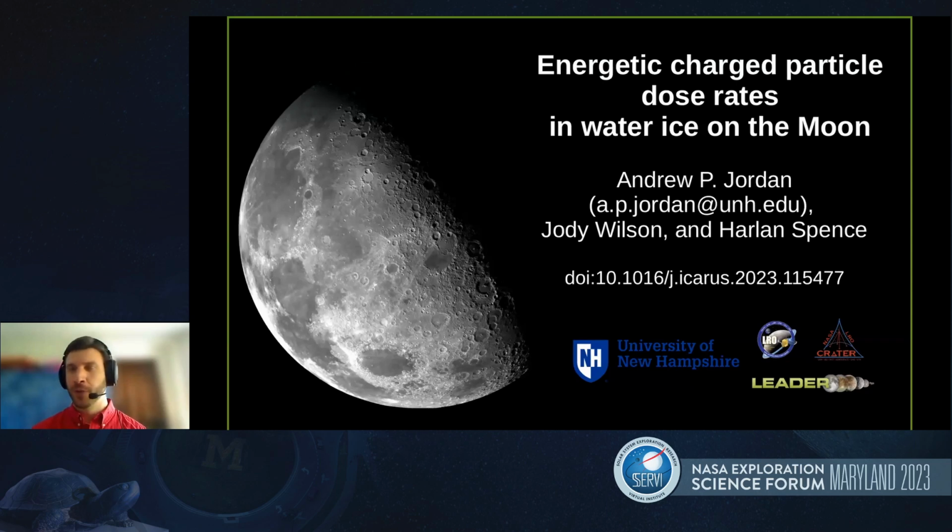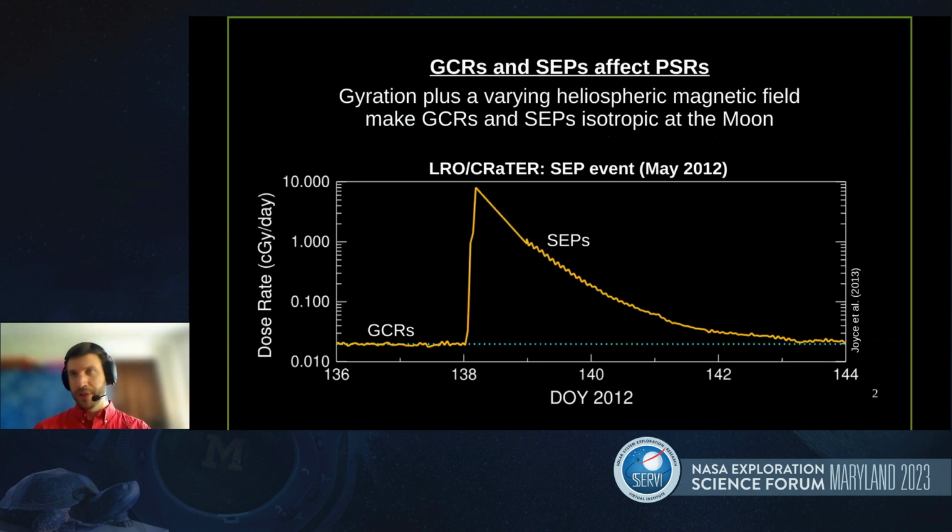So this is work that Jody Wilson, Harlan Spence, and I published earlier this year in Icarus. I'm not going to get into the chemistry at all. There's one slide at the very end which talks a little bit about that. But really, I'm just looking at what is the radiation dose in water ice on the moon, in PSRs in